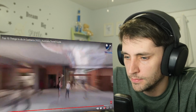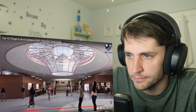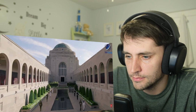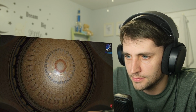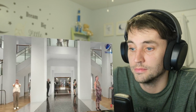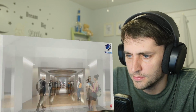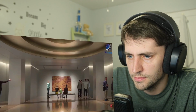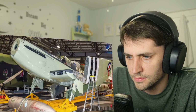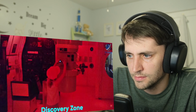Just kidding. ...is a haunting introduction. That's cool. Inscribed in bronze on the walls of the colonnades are the names of every Australian who has died in war since 1885, and the length of the list is spine-chilling. Beyond the entrance, different galleries retrace the stories of Australia's armed conflicts from colonial days to the present. The exhibits are constantly evolving, but highlights include the collection of old aircraft and the child-friendly Discovery Zone packed with